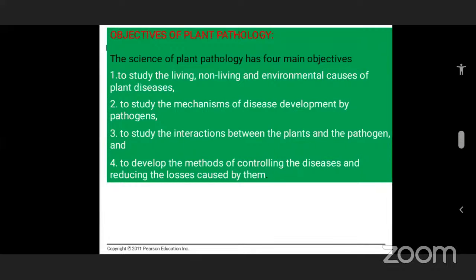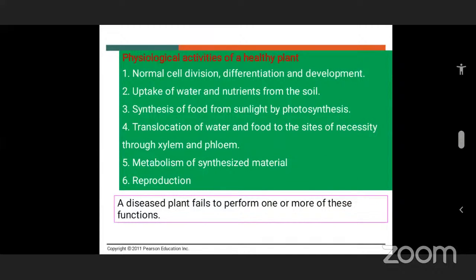This is the main concept of plant pathology. If you study any subject related to plant pathology, each and everything is interlinked with these four factors. That means these four objectives. Next one is what are the physiological activities of a healthy